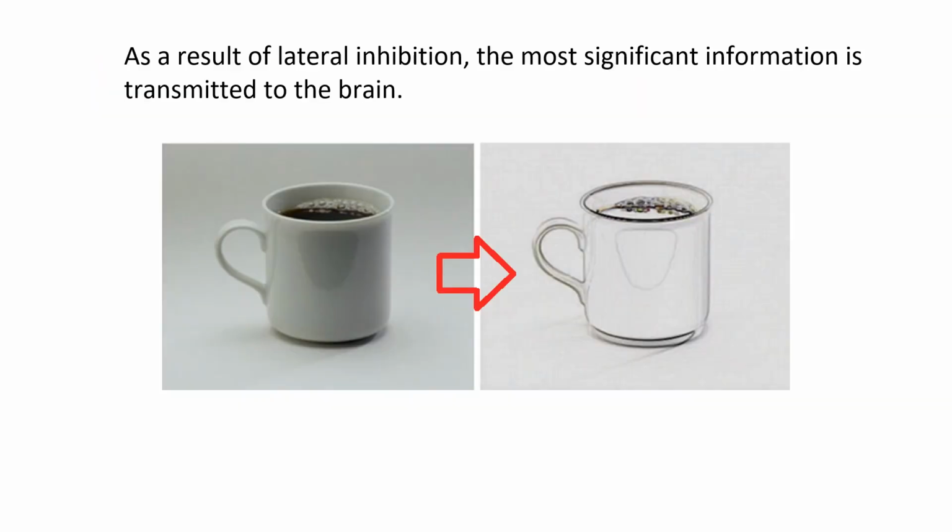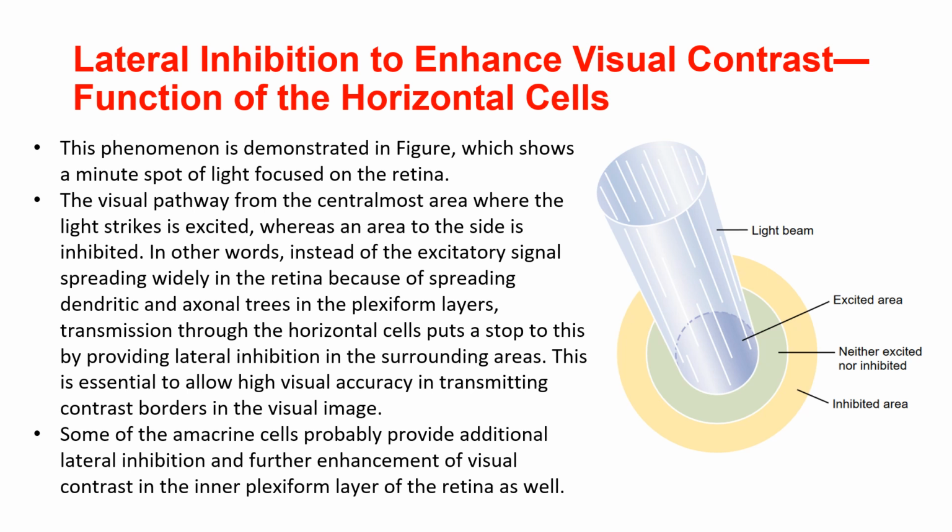As a result of lateral inhibition, the most significant information is transmitted to the brain. Lateral inhibition to enhance visual contrast is a function of the horizontal cells. This phenomenon is demonstrated in the figure, which shows a minute spot of light focused on the retina. The visual pathway from the centralmost area where the light strikes is excited, whereas an area to the side is inhibited. In other words, instead of the excitatory signal spreading widely in the retina because of spreading dendritic and axonal